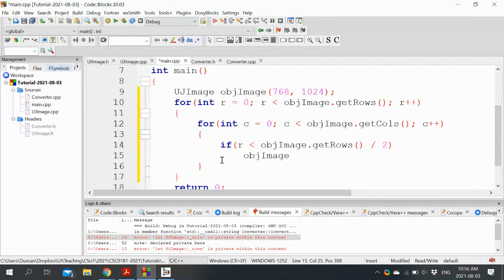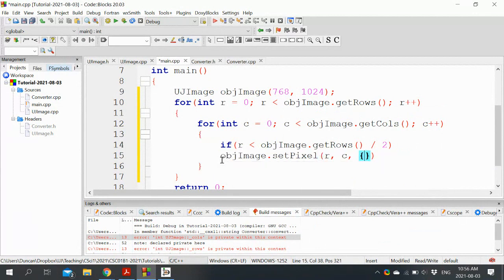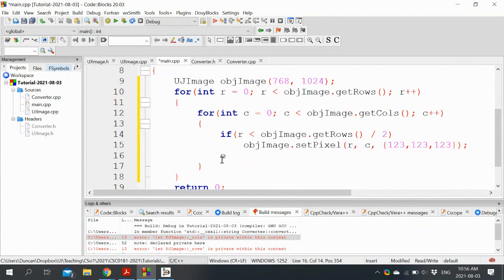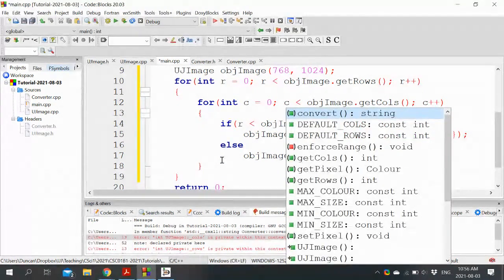So that will be obj image dot set pixel at position row and column, and we'll set that one to, I don't know, 1, 2, 3, 1, 2, 3, 1, 2, 3, whatever color that might be. Otherwise, if it's in the second half of the image, same story, but we'll set it to something not white, so let's set it to red.